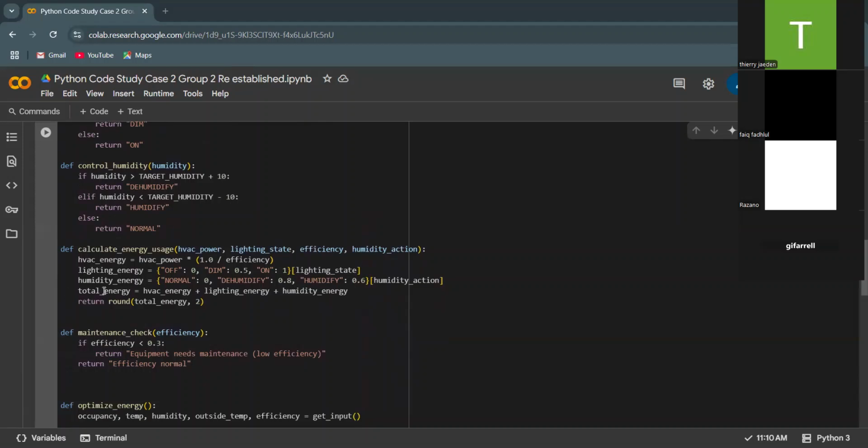So first, HVAC energy is HVAC power. We use this operator: we multiply by 1.0 divided by the efficiency. And then next, for the lighting energy,